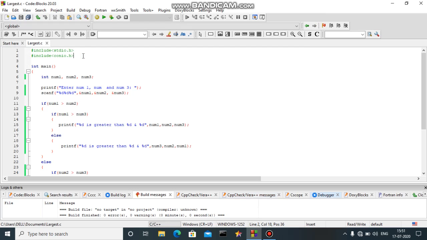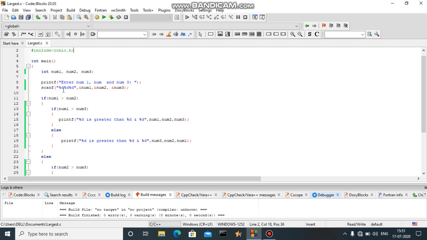So in a similar way, we can write a program to calculate the maximum number between three numbers. I have made some changes. See, I have added the third variable. I have input the third variable from the user, which is num3. Now moving towards the logic,